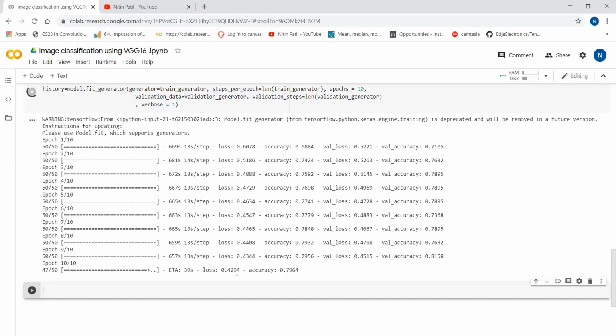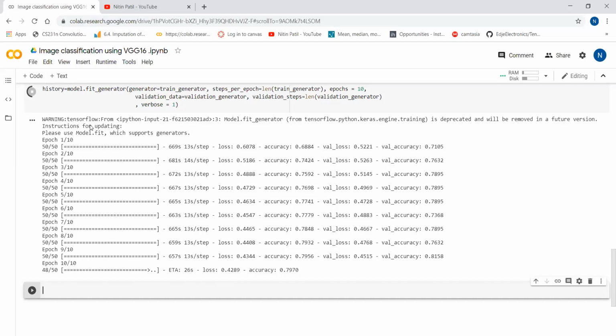Now we can see the training is about to complete. It took a long time, around 40 to 45 minutes. We can see how our model is getting trained in a graphical way using the history object.